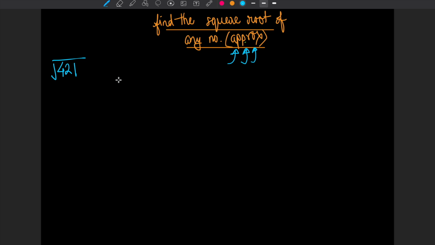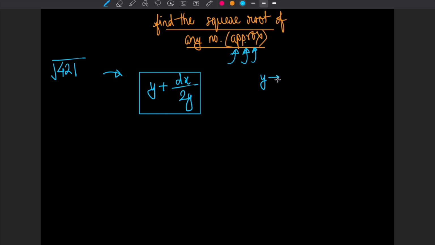So what our formula says is y plus dx by 2y. This is our formula. I'll explain the parameters: what is y, what is dx, what is 2y. 2y is very obvious, twice of y. So what is y? Y is our